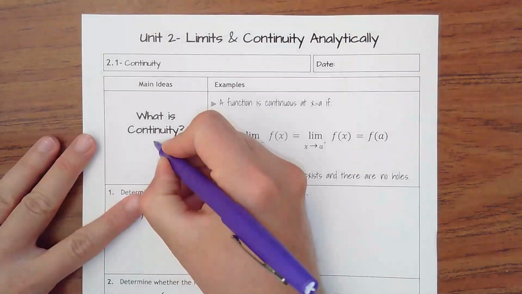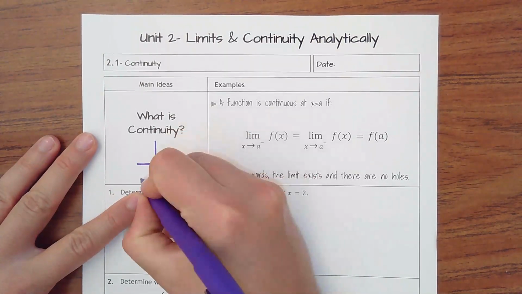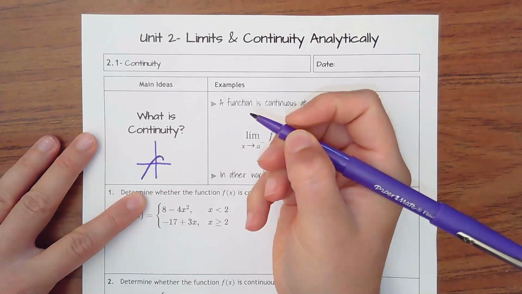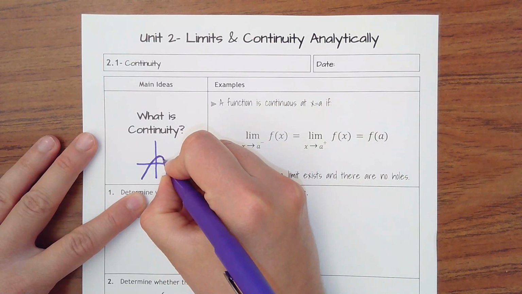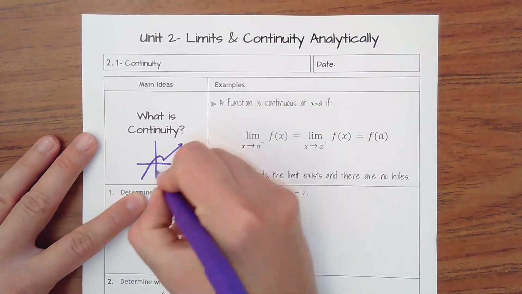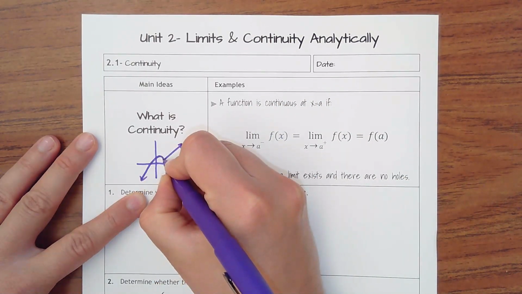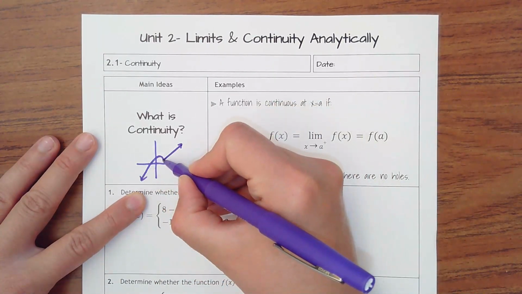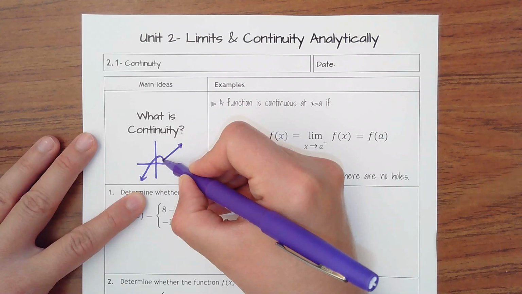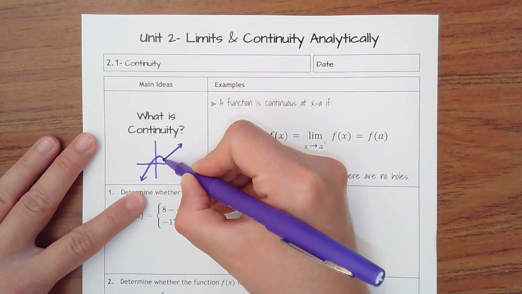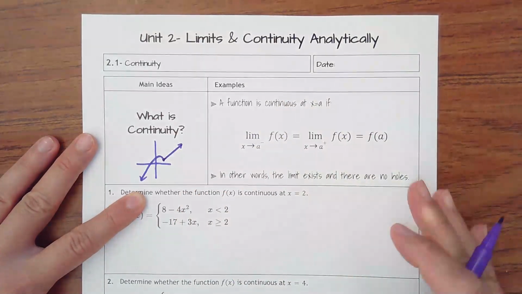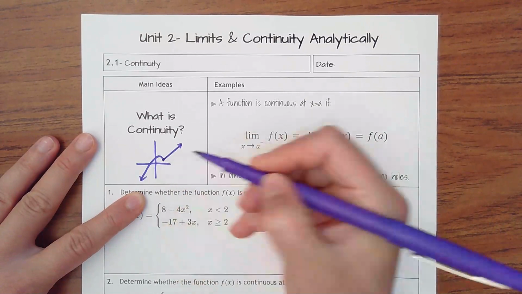So continuity is when I have a graph, and let's say it's a piecewise function where I have a parabola that stops here. And then let's say I have something linear that then picks up where this stopped and then keeps going. That's continuous everywhere, including this point where the two pieces meet. But if this were to be an open circle there, that's discontinuous. That's that removable discontinuity, and the pieces can't be a jump where from the left and the right you're coming